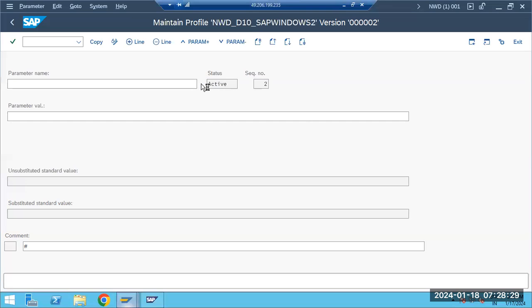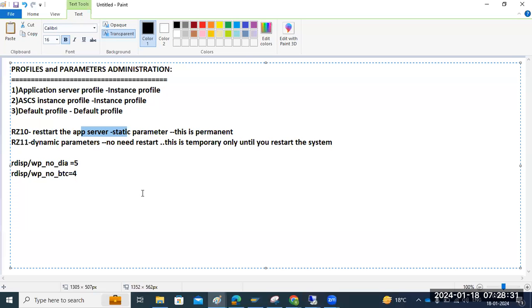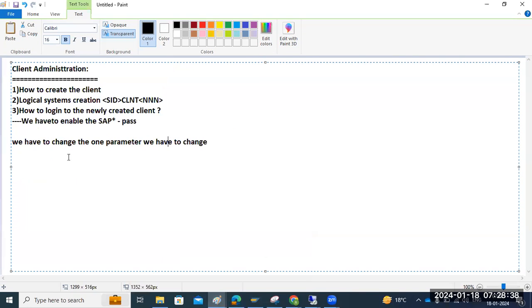Suppose, for example, I want to log into the newly created client. How can we do that? So our main topic is how to log into the newly created client. Maybe we were told that we have to enable SAP star. How to enable SAP star here? Here, the login slash no_automatic_user_SAP* equals